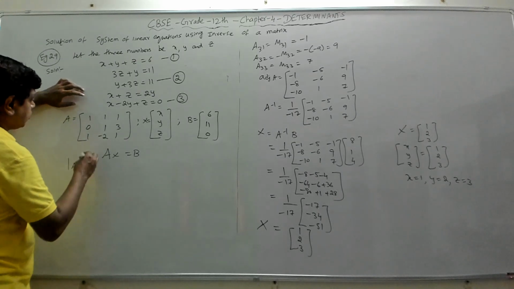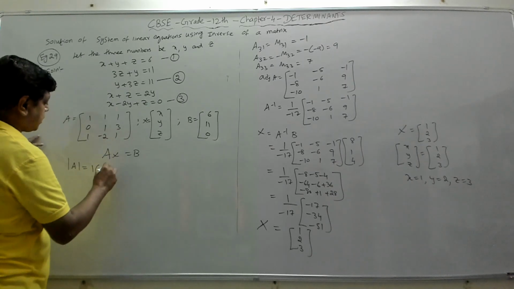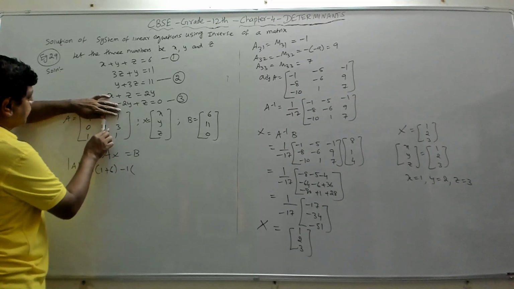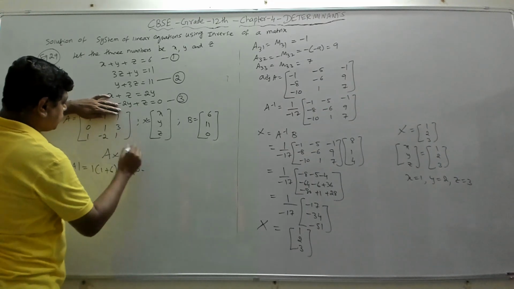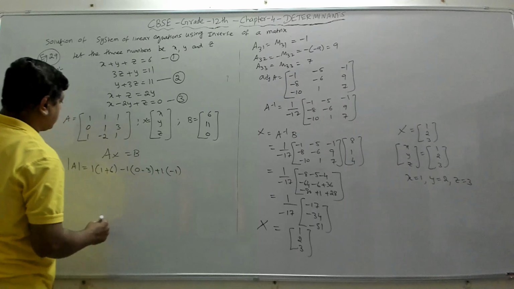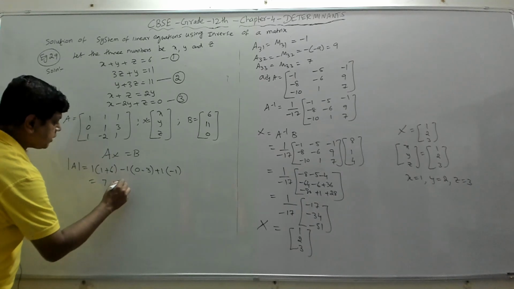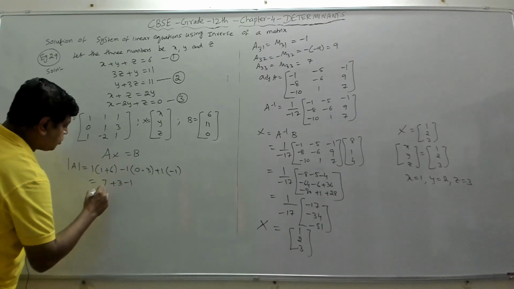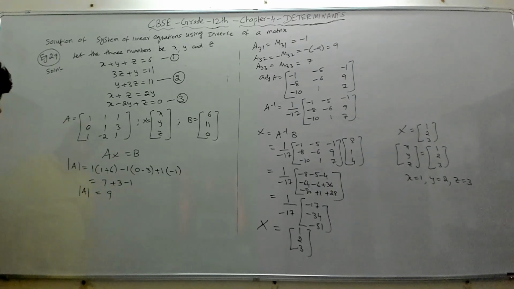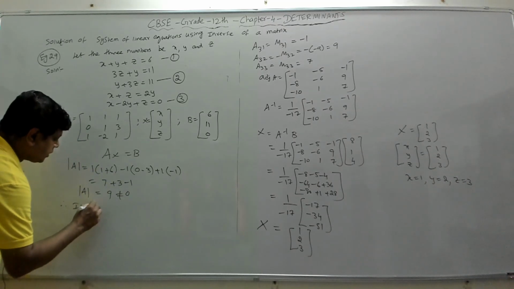Take this. So 1 into, we'll close this row and column: 1 into 1 is 1, minus 2 times 3 is 6, so it will become plus 6. Then minus 1 into, these two will go: 0 into 1 is 0, minus 3 into 1 is 3. Plus 1 into, this 2 will go: 0 minus 1 gives minus 1. So you get 6 plus 1, 7, then minus 3, plus... 1 minus 1 is minus 1, so you get 9. So the determinant of A is equal to 9, which is not equal to 0. Therefore, it has a unique solution.